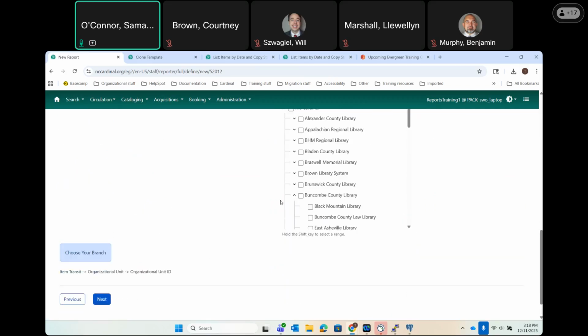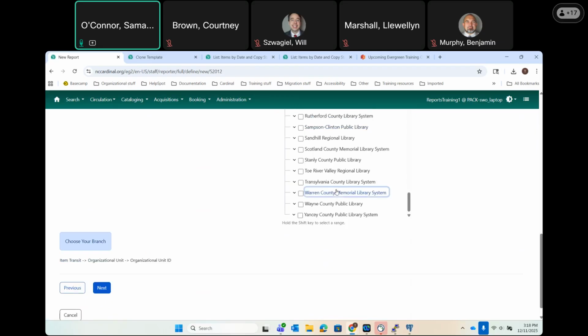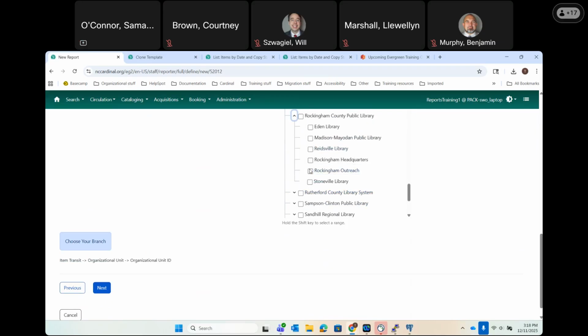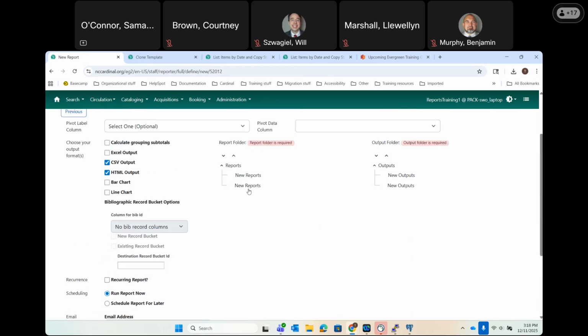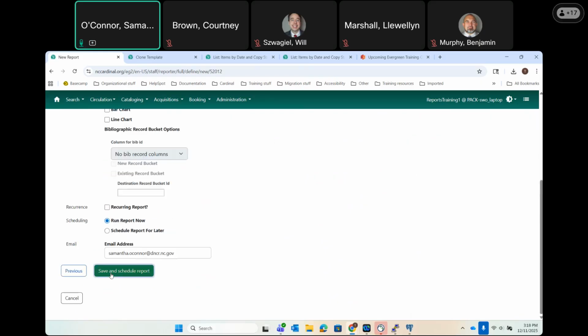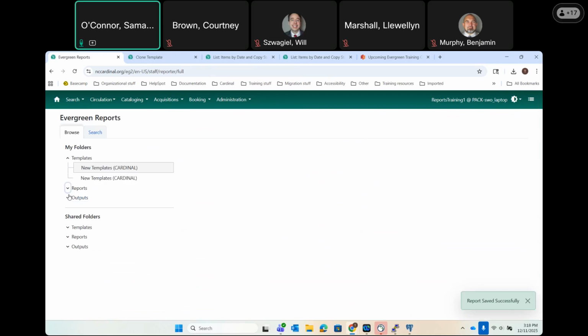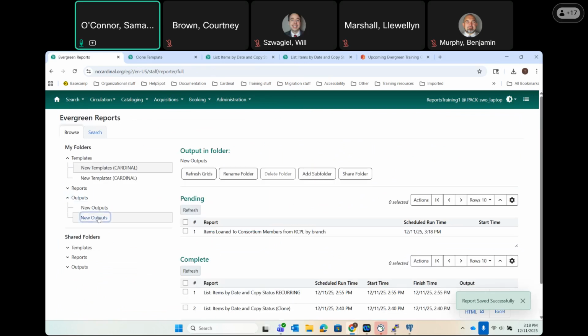And then I'll do the same thing down here. And everything else is the same as what we've been doing. I'm not sure how long this one will take to run. So it might take a moment. Sometimes transit reports are a little bit more complex, so they may take a little longer. Still probably less than 5 minutes, but